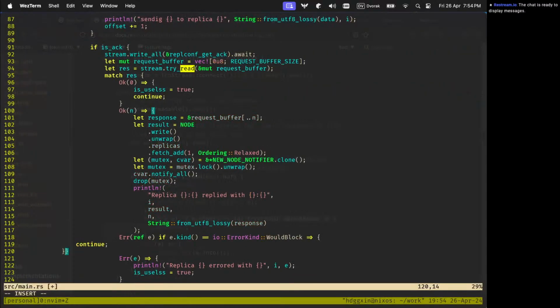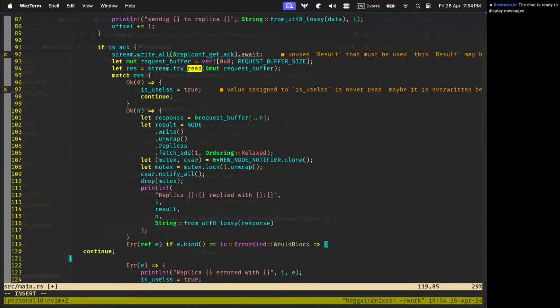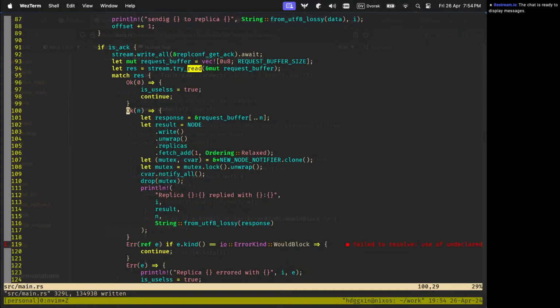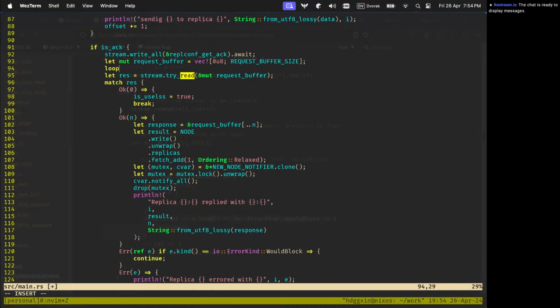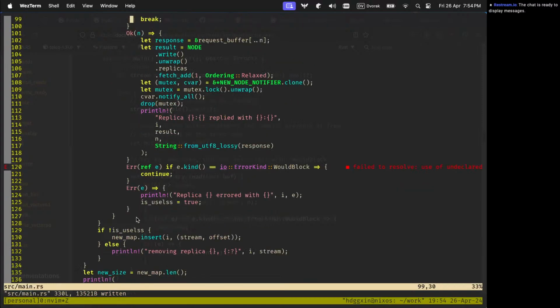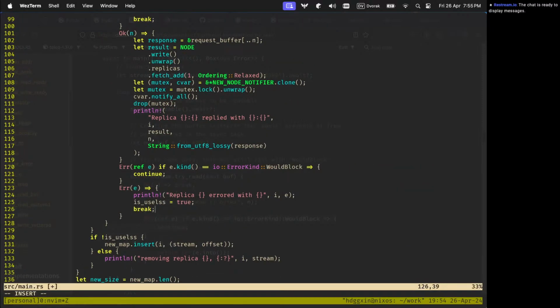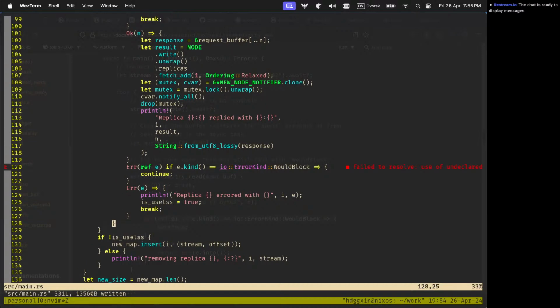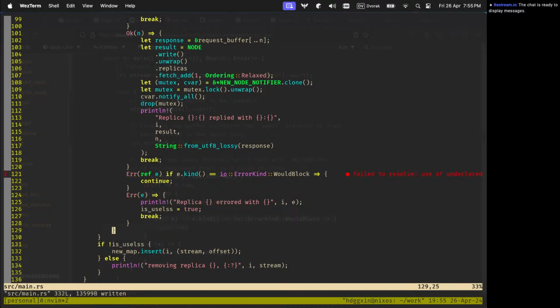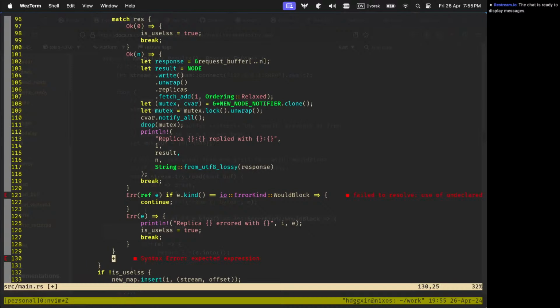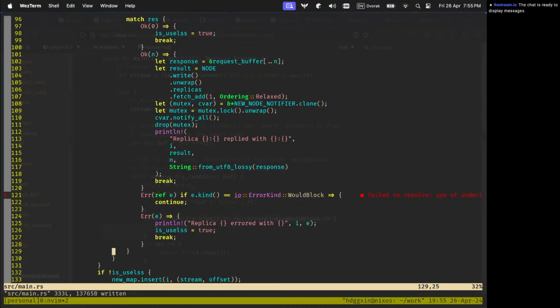This is something that I need to copy, and let's import it.